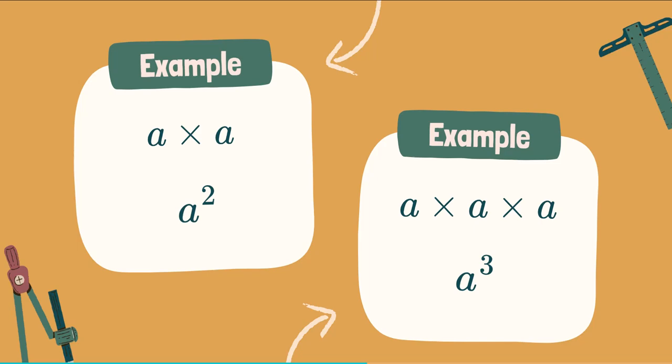Now let's see another example and see the vocabulary associated with it. If you have the same letters in variables like A multiplied by A, you are not supposed to repeat them. You can write them as A², which is also called A square. Similarly, we have 3 times A, that is A multiplied by A multiplied by A, which will be written as A³, and we call it cube. A cube, A square.